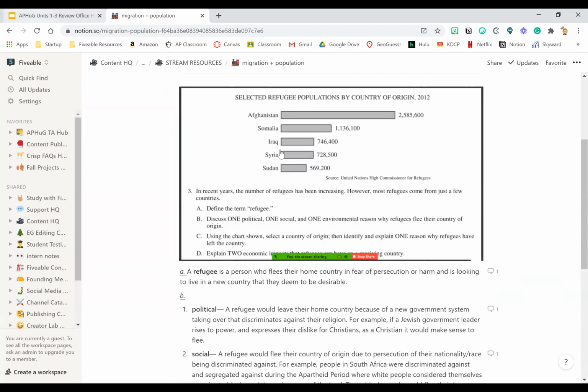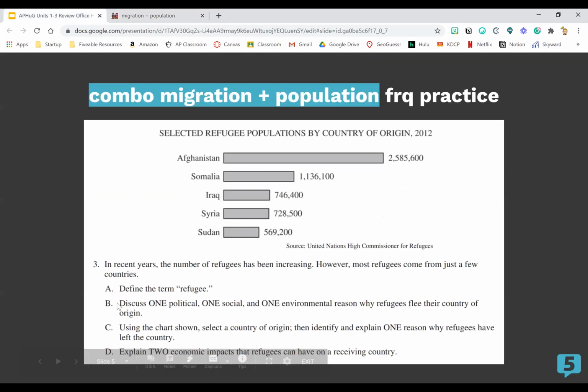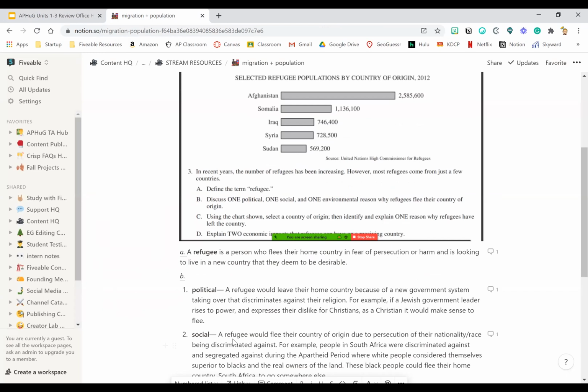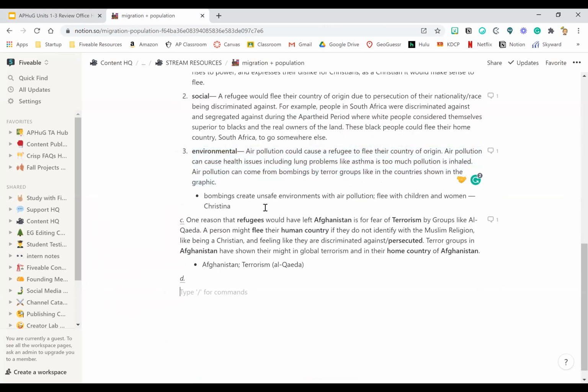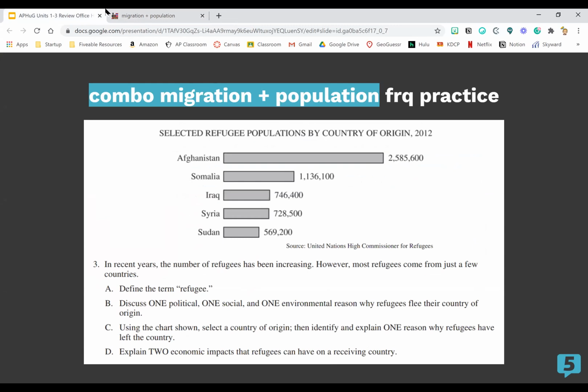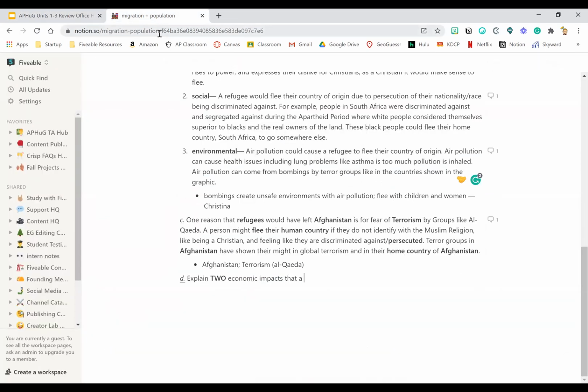Okay, and now we're at the last question, which got cut off apparently. So we're going to try to take another picture of that. It actually just says D, explain 2 economic impacts that a refugee